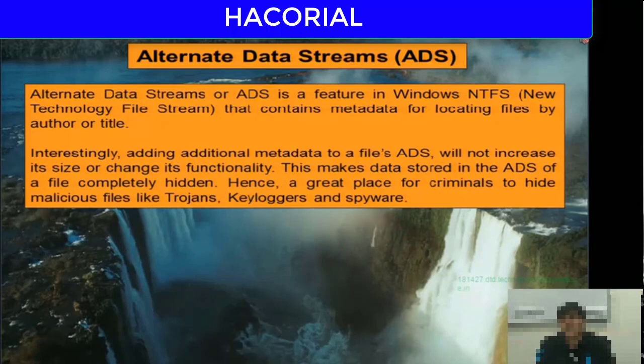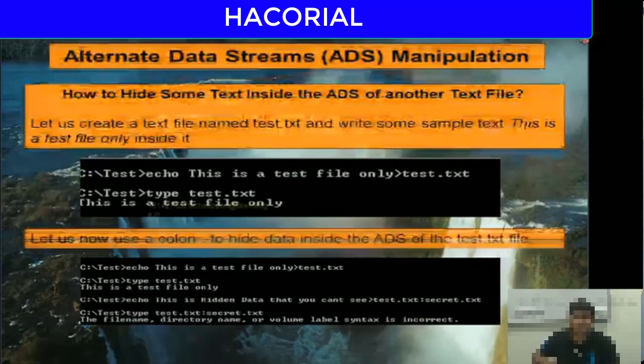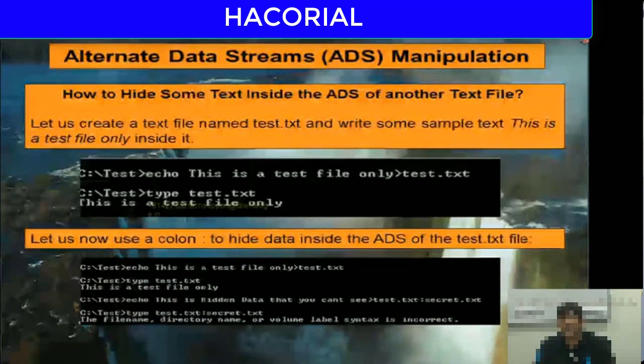And so like I said, ADS is a feature in Windows NTFS that contains metadata for locating files based on the author of the file or based on the title of that file. Interestingly, adding additional metadata to a file's ADS will not increase its size or change its functionality. This makes data stored in the ADS of a file completely hidden. Hence, it's a great place for criminals to hide malicious commands or text or data or files like Trojans, keyloggers, and spyware. So let me give you an example of how to hide some text inside the ADS of another